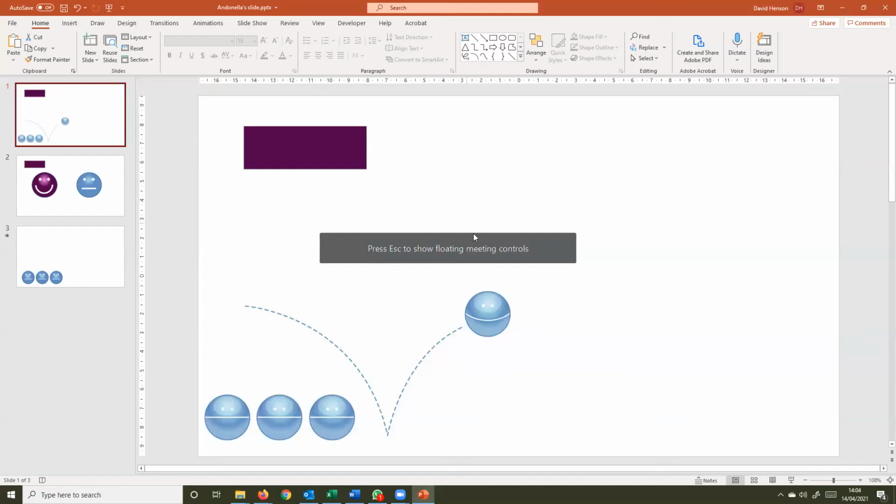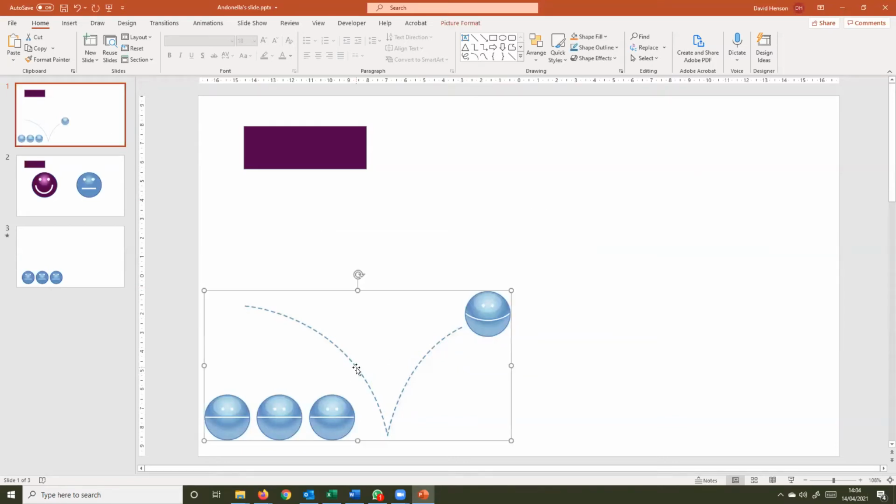So what I'm going to do is start by sharing my screen, and I have the PowerPoint screen open here. What Andonella wanted to do, as you can see from this graphic at the bottom, was to animate this smiling face, bouncing in from the left, bouncing down, and then bouncing back up to the right again. So, okay, the first thing, obviously, is if you're going to animate something, you need to make sure that